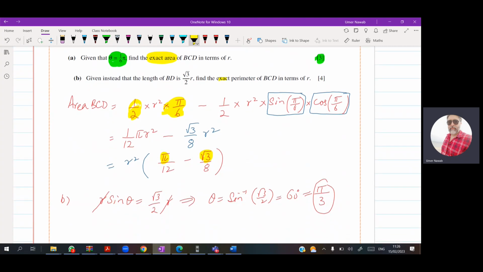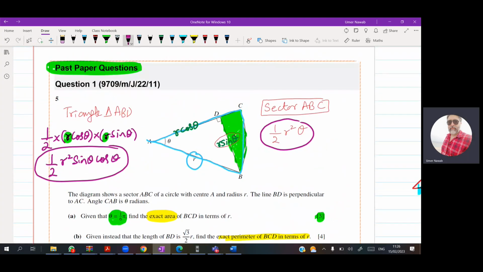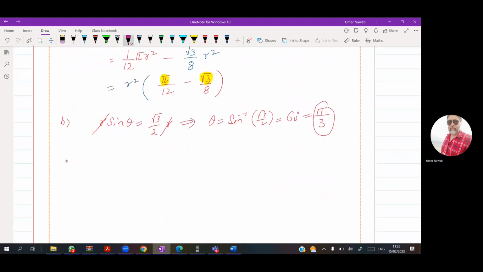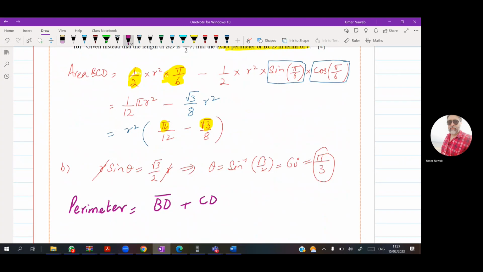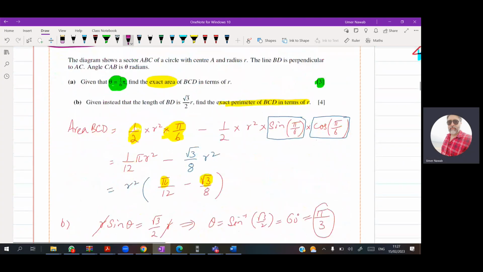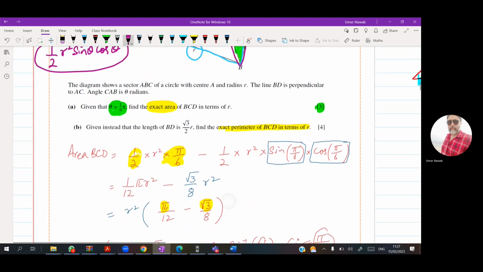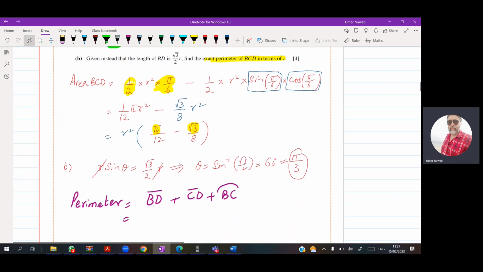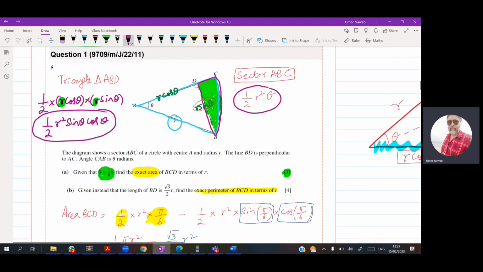I want to find the exact perimeter of BCD. Perimeter means I need this, this, and this. This is a perimeter. If you want to find perimeter, you need to know BD straight line, CD straight line, and the arc is BC. BD length is already given by him, which is equals to square root of 3 over 2 R. CD length is